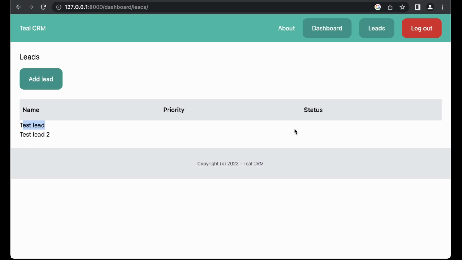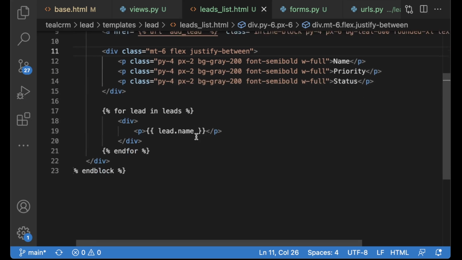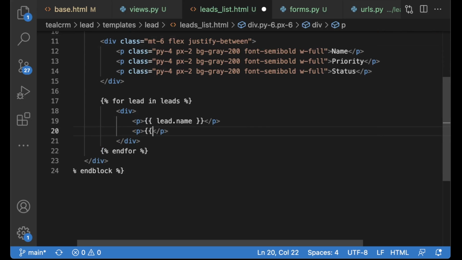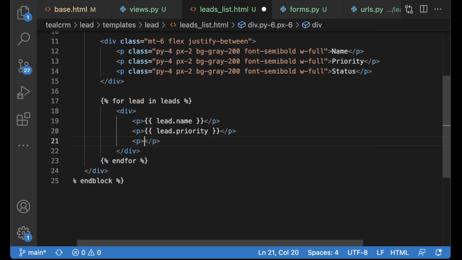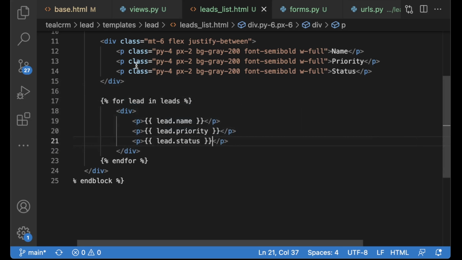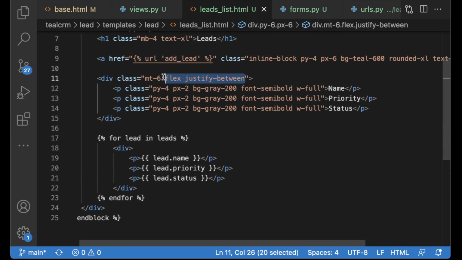And then I want to list out the leads down there. So we have the paragraph and we want to show the lead.priority and the status, lead.status. Refresh, and now these are not on the same line, so we need to add the flex and the justify between.